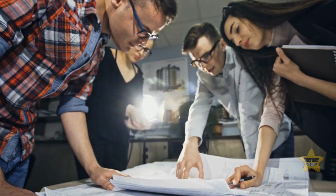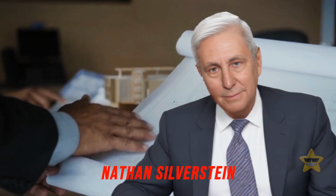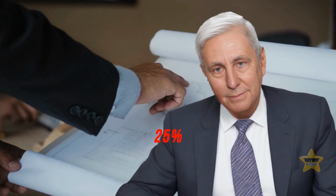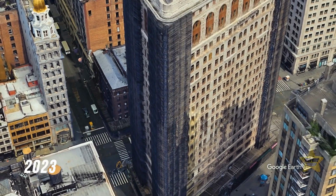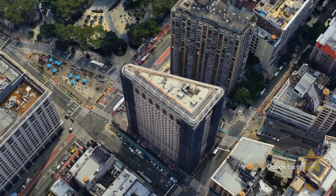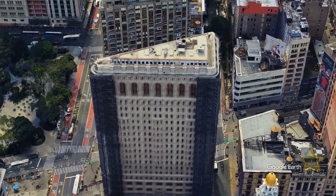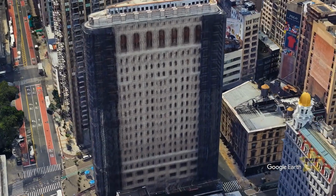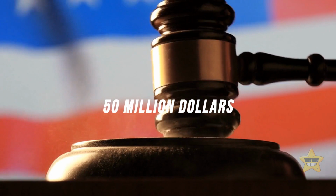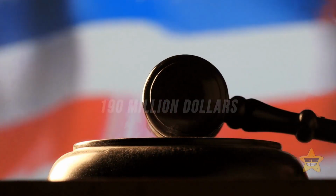Most of the owners wanted to turn the building into a hotel. Meanwhile, Nathan Silverstein, who owned a 25% stake in the property, wanted to divide it up. Finally, in 2023, the local court organized an auction on the building. The owners, who held 75%, intended to buy out Silverstein's stake to put an end to all disputes over the future of this building. The bid started from $50 million and the price soared to $190 million thanks to an